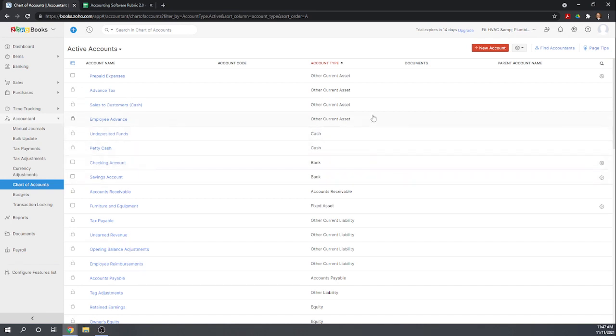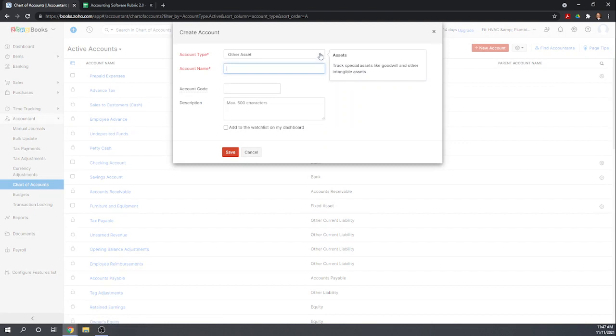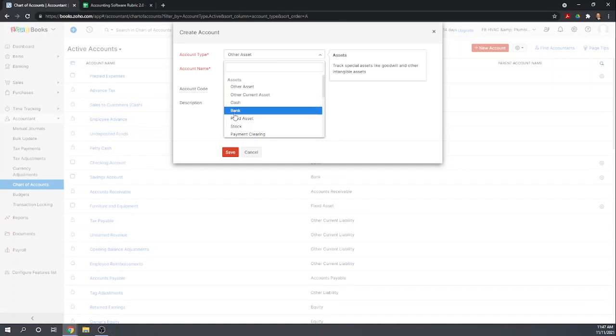I'm still not seeing an inventory account. Okay, I figured there would be a system account, but let's go ahead and add it. Now hopefully, cash, bank, fixed assets, stock. Yeah, we don't want to add it as any of those because it needs to know that it's an inventory